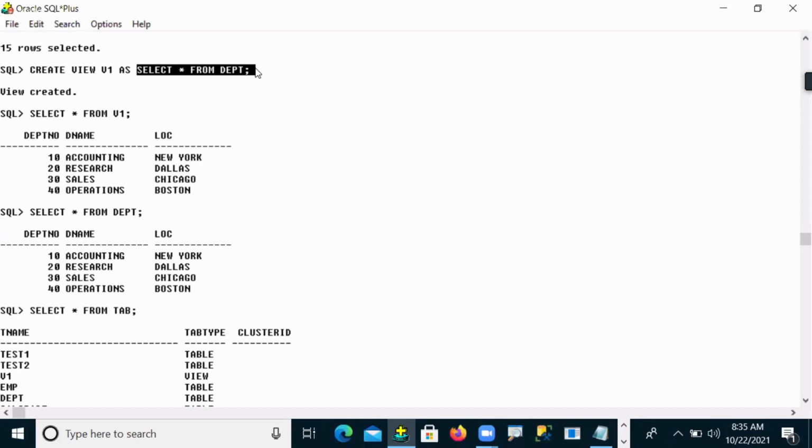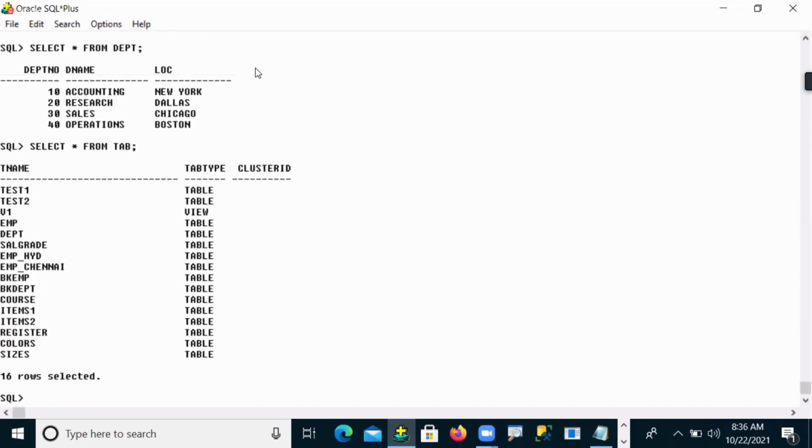Yes, we are accessing a single table, right? Single table means it is a simple view. A simple view by default supports DML operations.